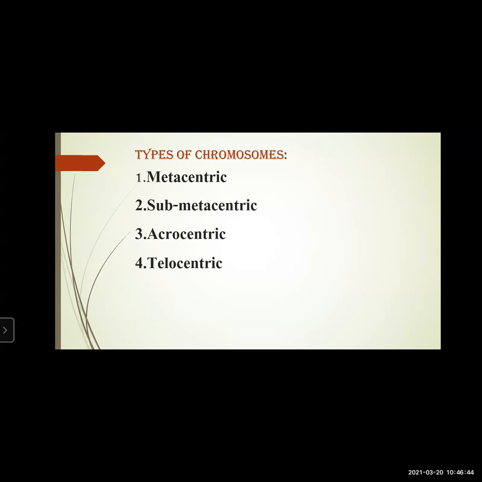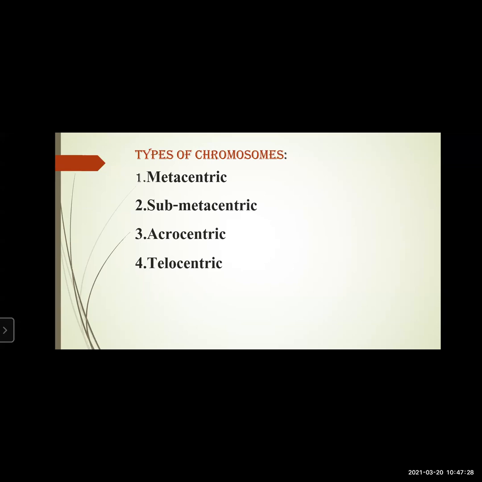Then submetacentric, the centromere is somewhere near the midpoint in the chromosome, and that is why it is called as submetacentric chromosome. The third is acrocentric chromosome. In this type of chromosomes, the centromere is near one end of the chromosome. That is why it is called acrocentric, and it looks like the English letter J. Telocentric, in this centromere is right at the end, that is telo. Telo means the end point of this chromosome, making the chromosome look like the English letter I, right? So